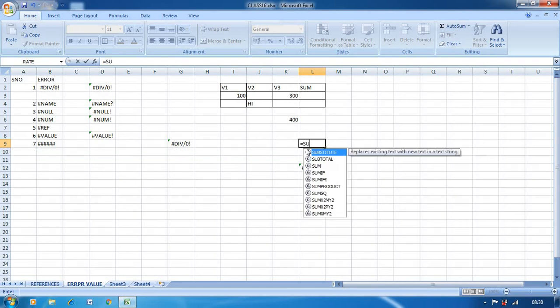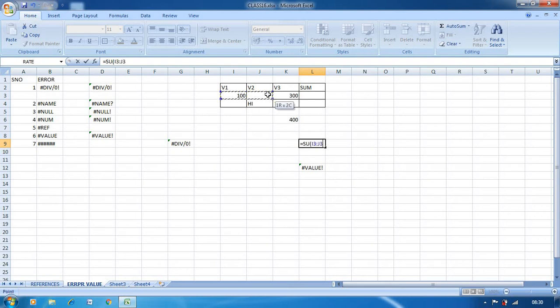Instead of SUM I will use SU and I will add these numbers. See, it shows #NAME?. So #VALUE! comes when I add numbers with a text.